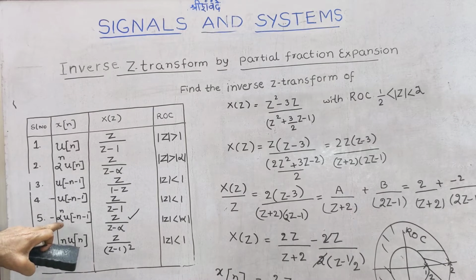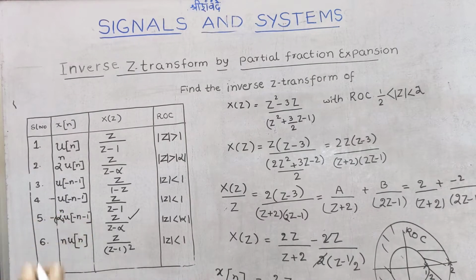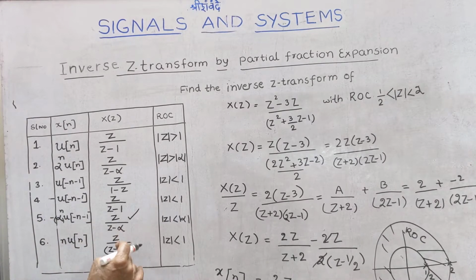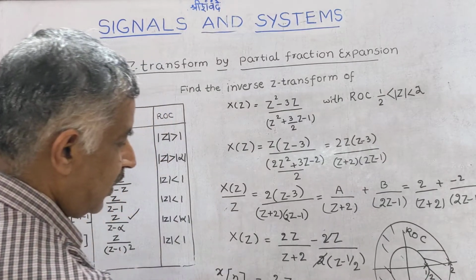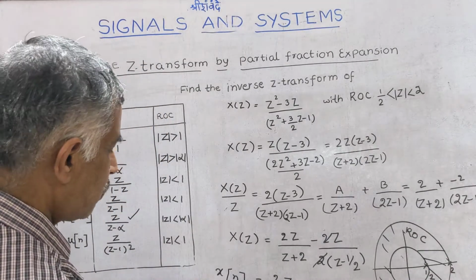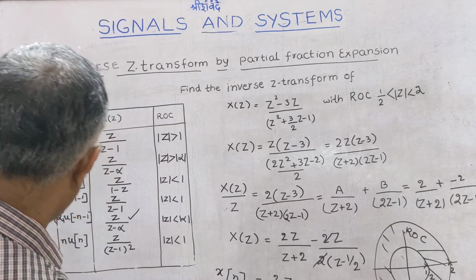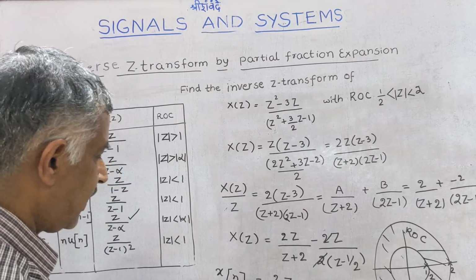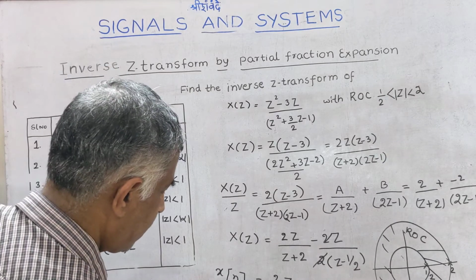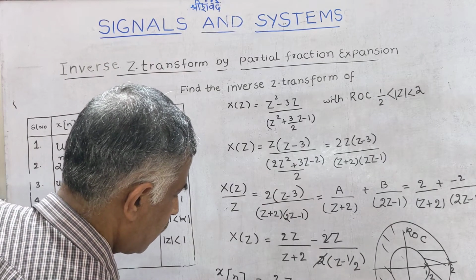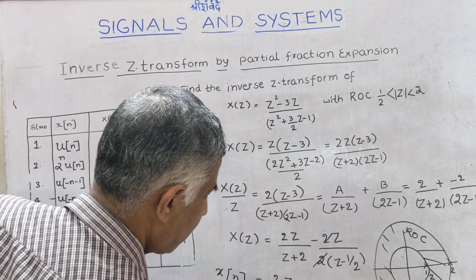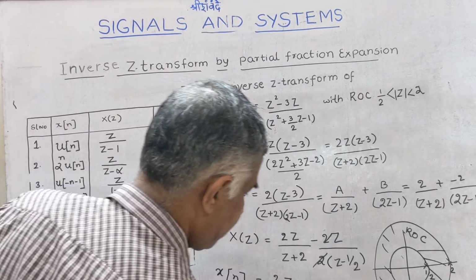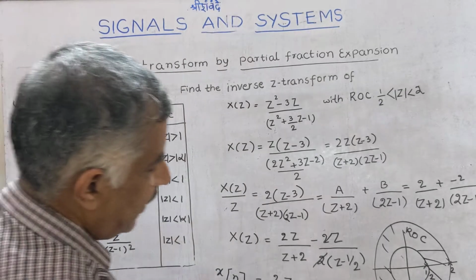The Z transform of minus alpha to the power of n, u of minus n minus 1, is equal to Z over (Z minus alpha). So here alpha is minus 2. Therefore, X of n is equal to minus of (minus 2) to the power of n, u of minus n minus 1, minus,